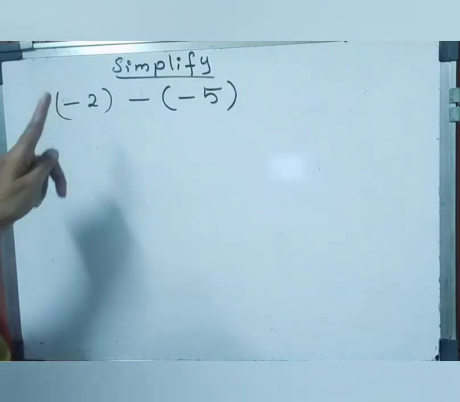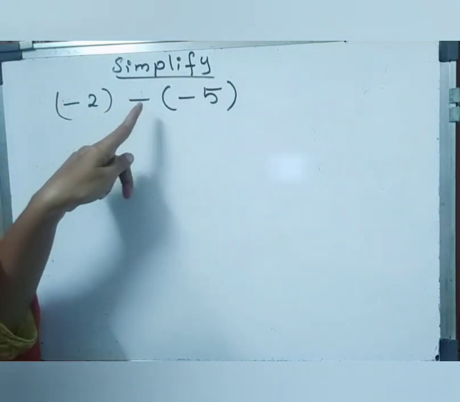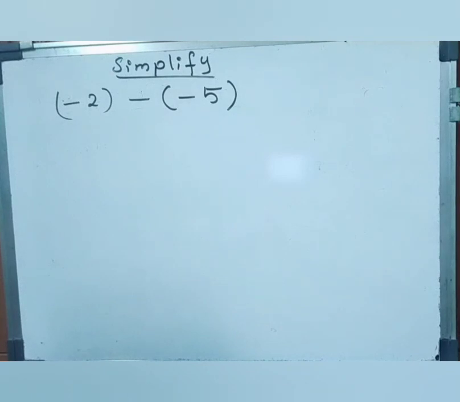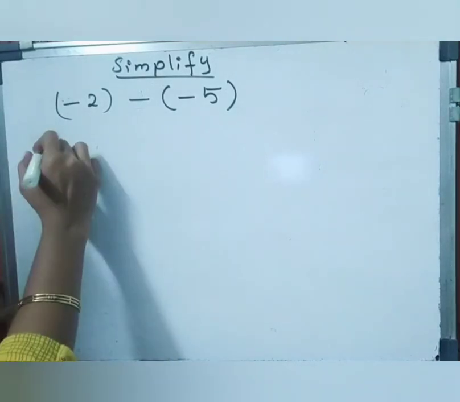See, I have written one question, minus 2 minus bracket minus 5. Previously, what we have done had no brackets. Simply we had some integers. We applied the rules directly: same sign, add and put the same sign; different sign, subtract and put the greater number's sign. But here we have some integers, and some integers are also inside the bracket. So when we see a bracket, we have to remove it immediately. How are we going to remove it? To remove the brackets,